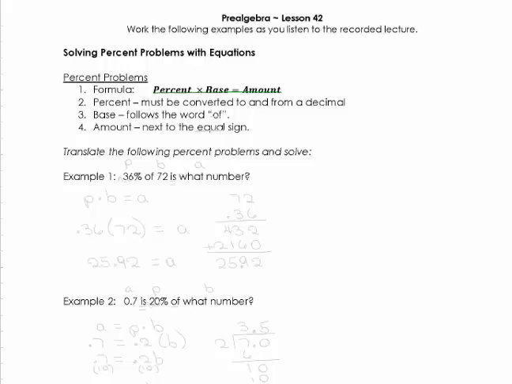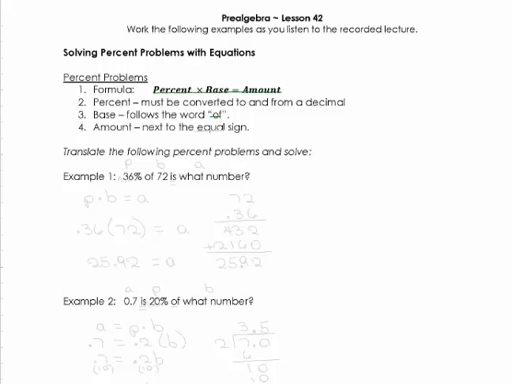The first one is the percent. This one has to be converted to a decimal, and then it'll have to be converted back. Sometimes it might have to be converted back to a percent at the end of the problem, depending on what the unknown is. So we're going to use percent, but we're always going to do the math with it as a decimal. The base, we're going to look for our base to be close to the word of,